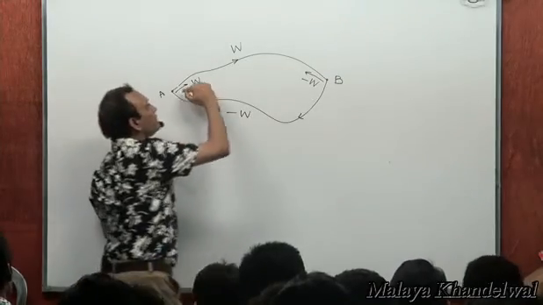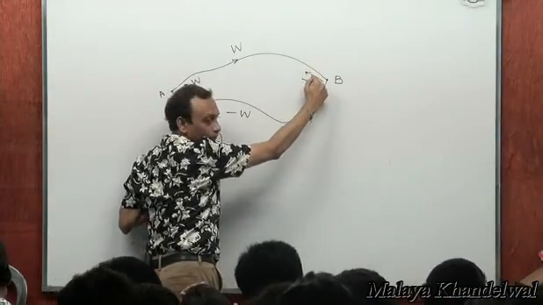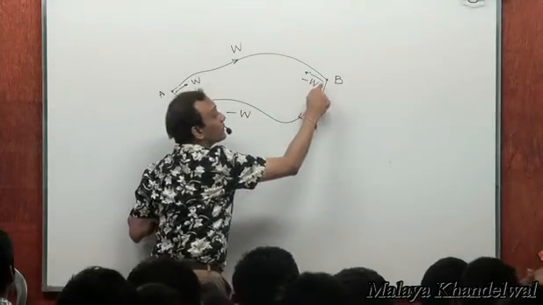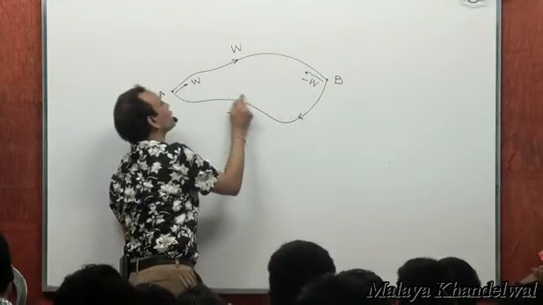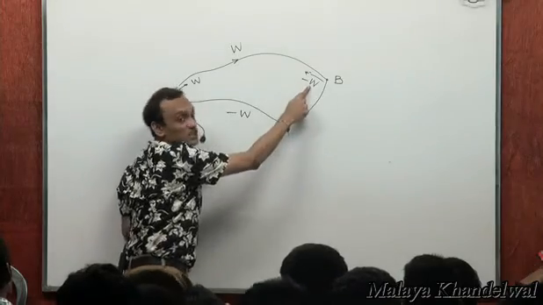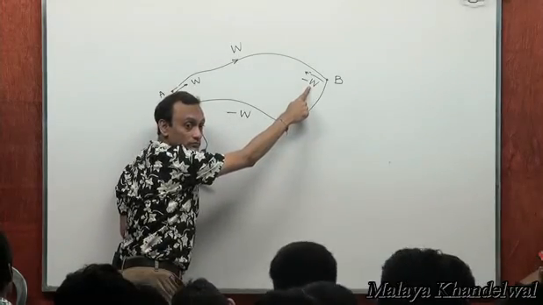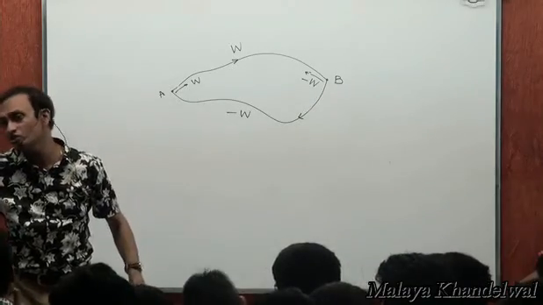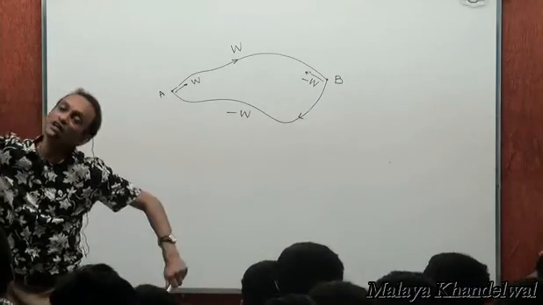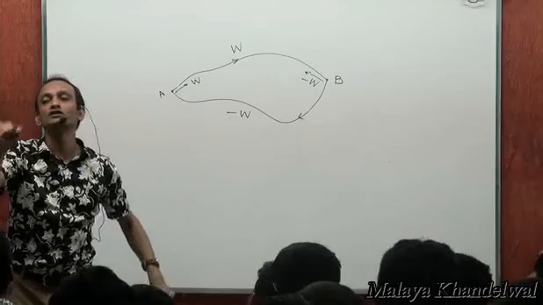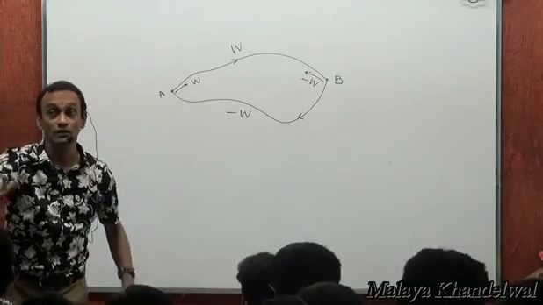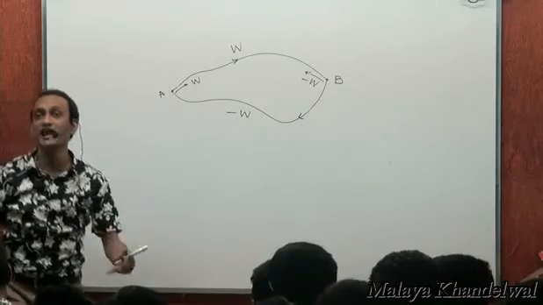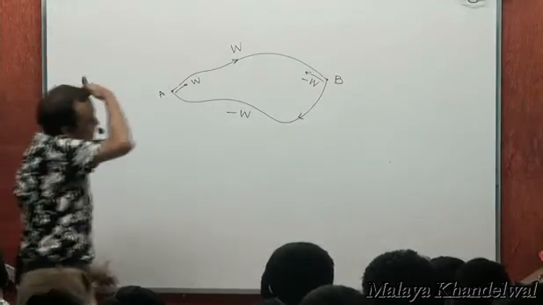In a conservative field, if the work done this way was W, and this way must have been minus W irrespective of the field, then the work done along any other trajectory from B to A will still be minus W. If I have found one path between B and A that has resulted in minus W joules of work done, then any other path between B and A would result in the same amount of work done. That's the basic trait of a conservative field. Yes or no? Yes, sir. Right. Now, therefore,